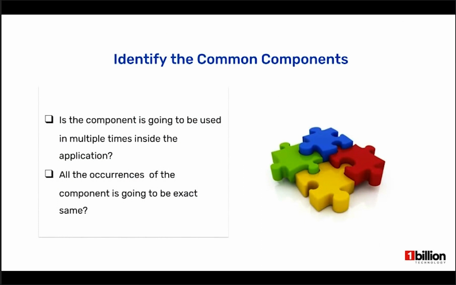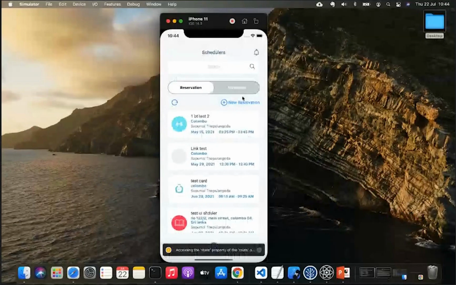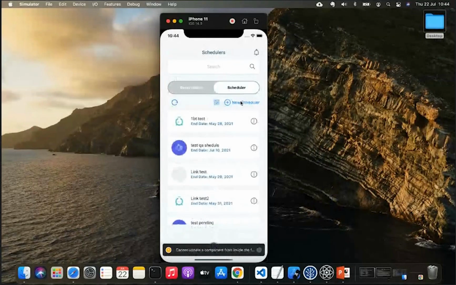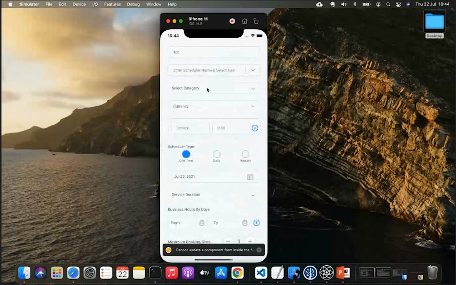If you think about an input field, it may be a text input field, a numeric input field, or an email field. For example, as you navigate from here, you can see this is a numeric input field, and here it will be a text input.